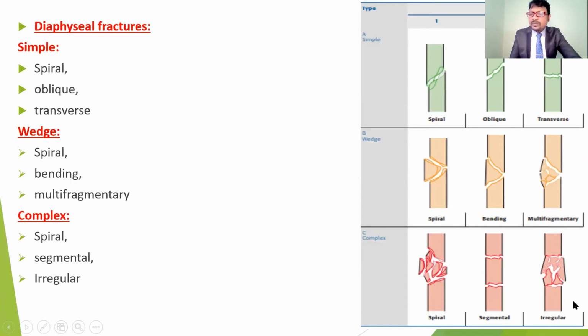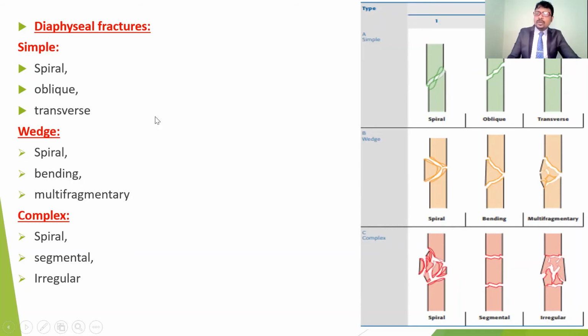The segmental one fractures the bone segmentally, so the upper part and also the lower part get broken; it fractures on two sides. And the irregular one is not regular, which means it gives multiple fractures. So these are all complex fractures. This type of fracture gives many complications, such as delayed healing, malunion, non-union, and sometimes avascular necrosis. So these are some classifications of Muller's classification.